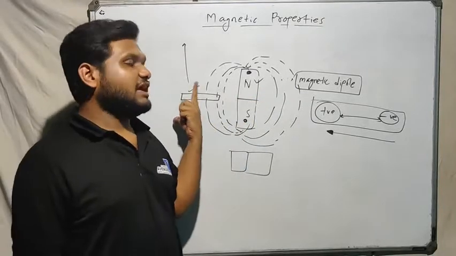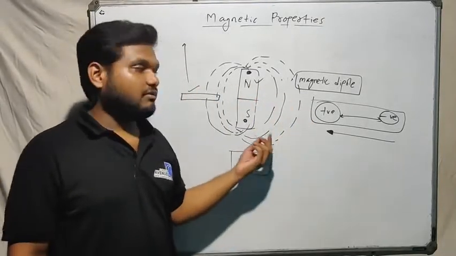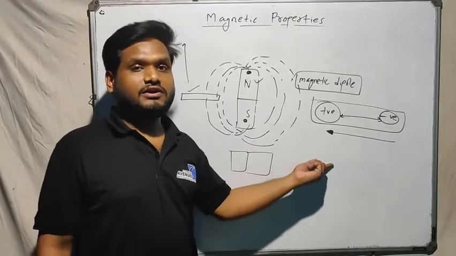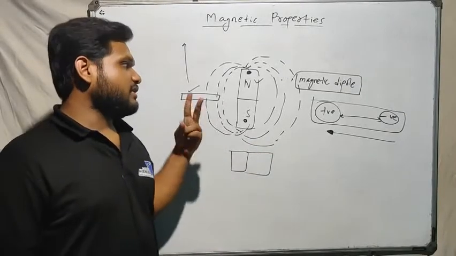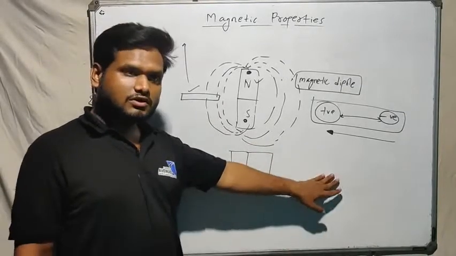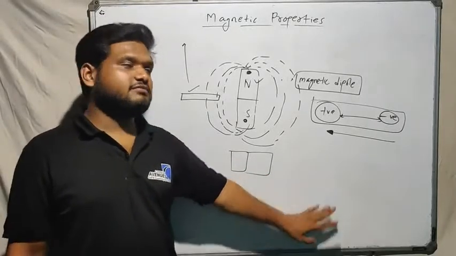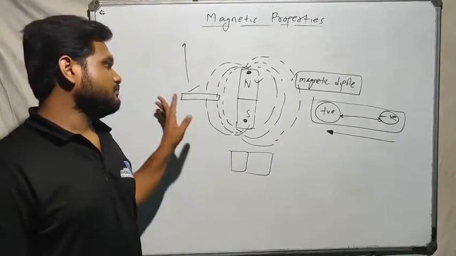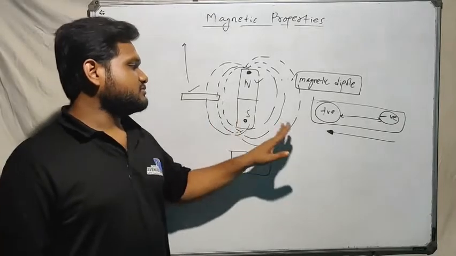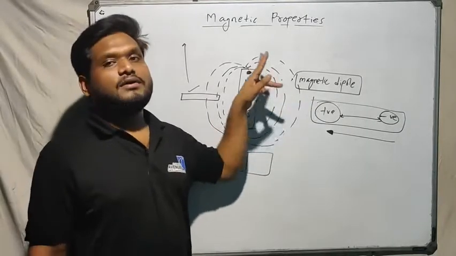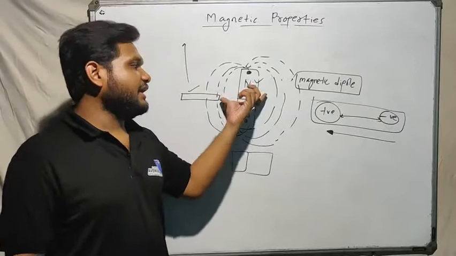Where do you get these dipoles? Within an atom, within a material. You have to look at the electronic or atomic structure. There are two types of dipoles: one is known as orbital, one as spin, which we will see later. For the time being, I believe that is more than enough.